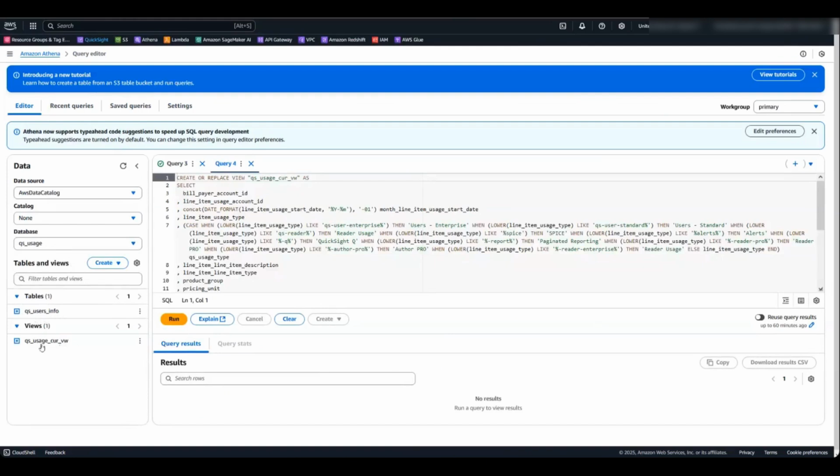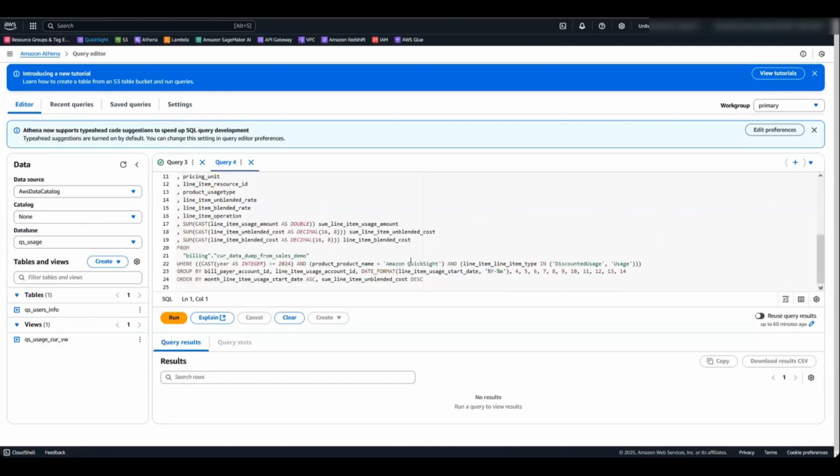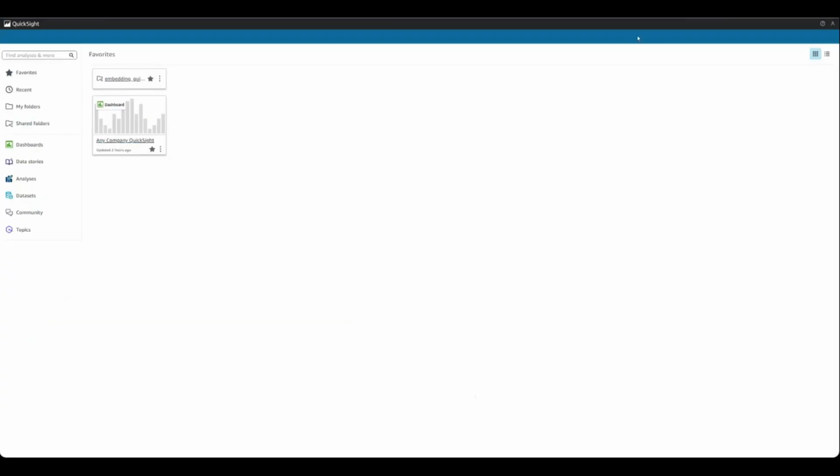And again, as I called out, it is also creating a view which is aggregating your data and bringing all the QuickSight information, particularly for Amazon QuickSight, for a duration from 2024 onwards, but you can customize it as needed, right? With that, once the tables are created, the deployment is also taking care of